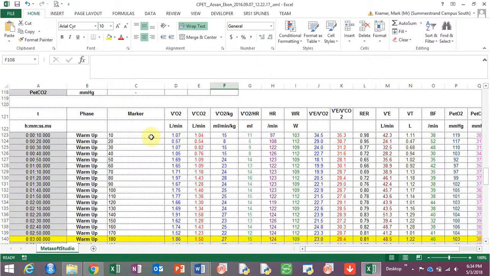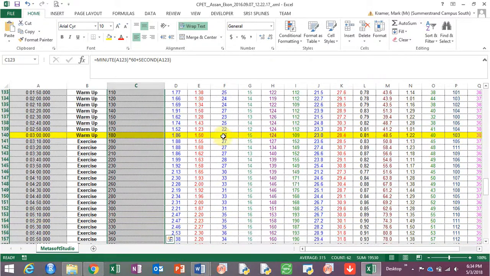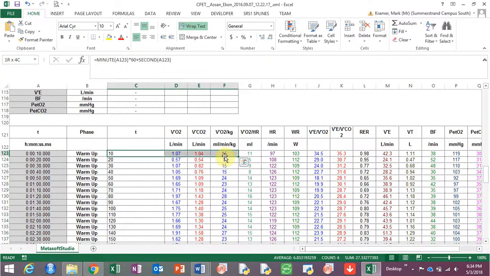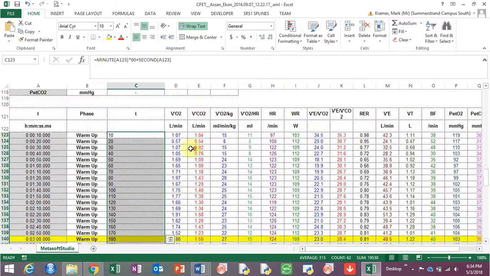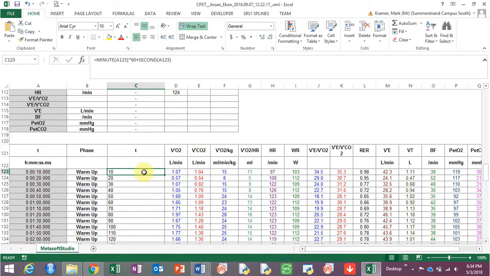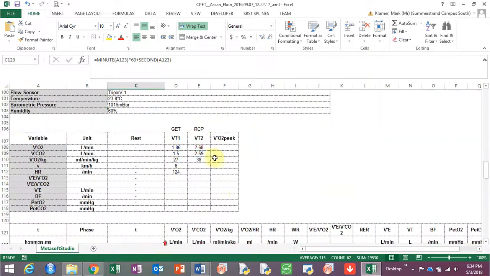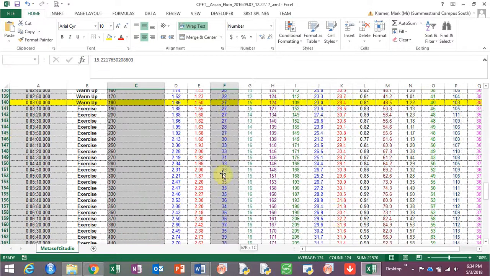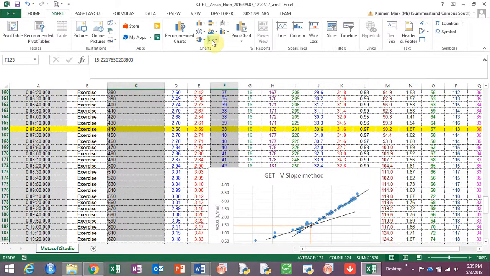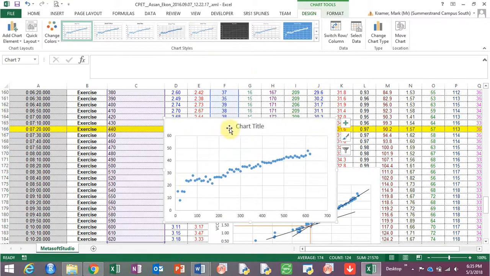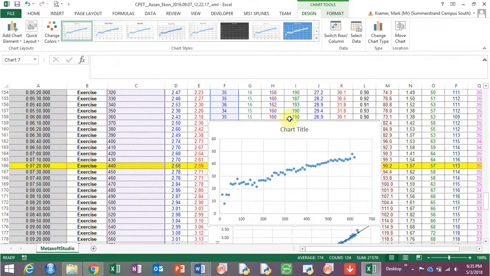So remember, VO2 peak is, I'm going to plot, I think in your guys' one, I put time here. So you're going to plot time and VO2. And you can use the relative VO2 to plot that. Let's do that again. There we go. Insert, and then again scatter plot. And you can see here, this would now be my